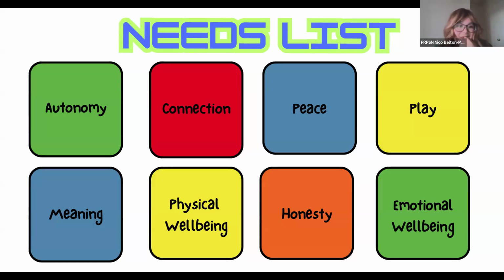Maybe you need autonomy. You want to feel like you're making decisions. I know for myself, when it comes to work, dealing with my therapist or psychiatrist, autonomy is really important, being able to feel like I have power or choice over what's happening. Maybe you want peace, right? That's why I moved out of my family's house, because there was too much conflict all the time. I just wanted peace of mind. So I had to get some peace.